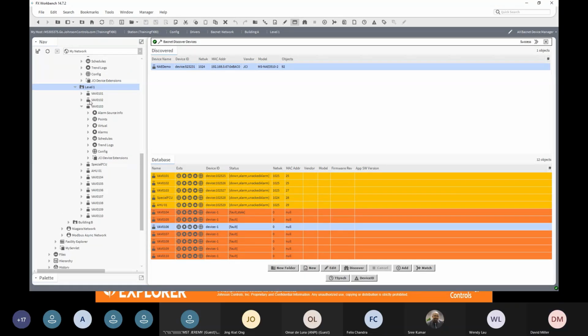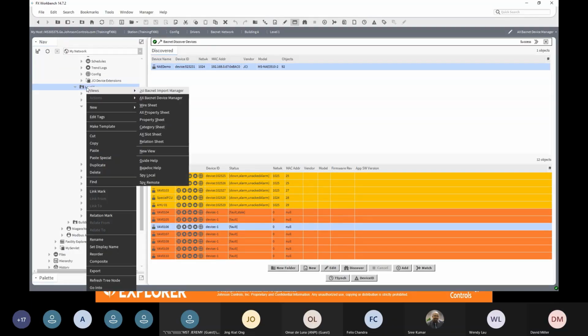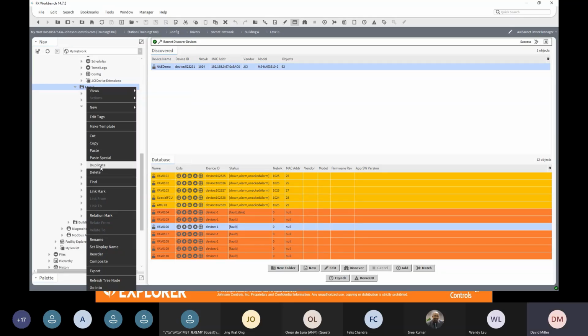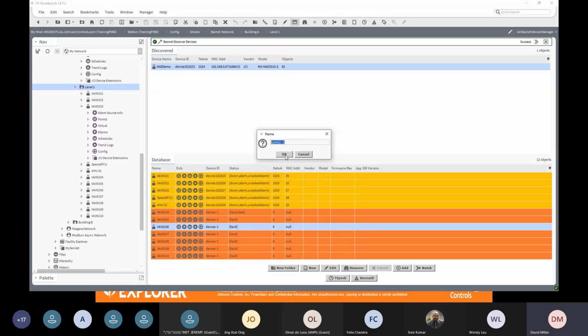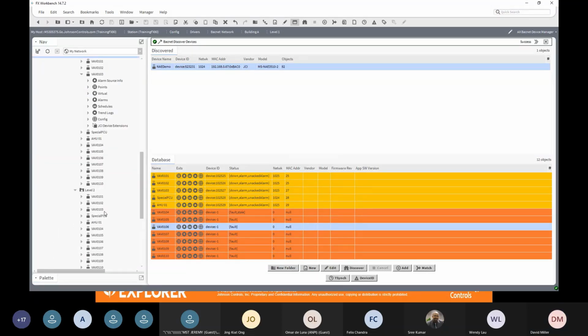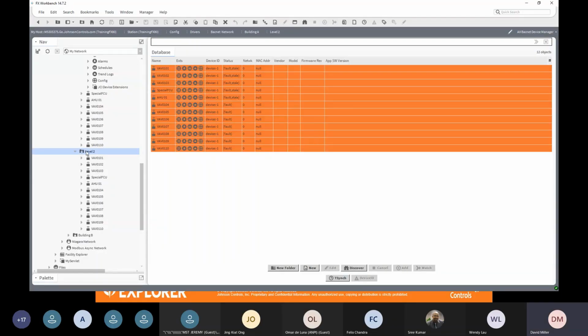Okay. And then when I've got level 1 done, I can right click and go duplicate, and I've got level 2. And level 2 has got 10 VAVs, a special fan coil unit, and 1 air handling unit, all ready to go. Double click. None of them have been set up with device IDs that are correct. I would go discover